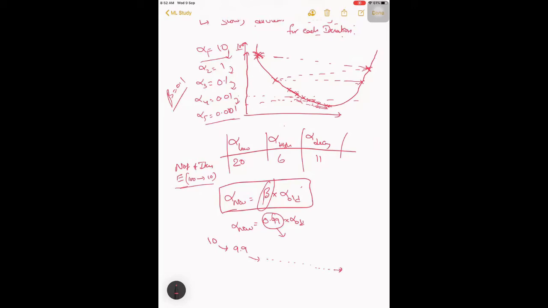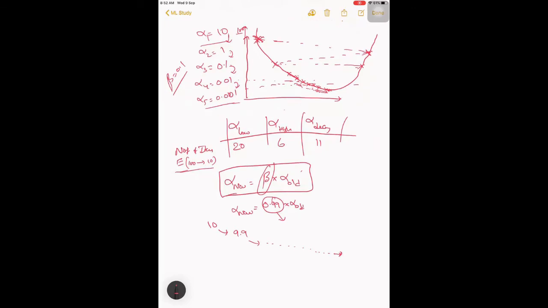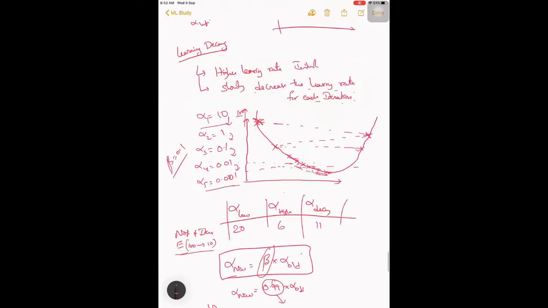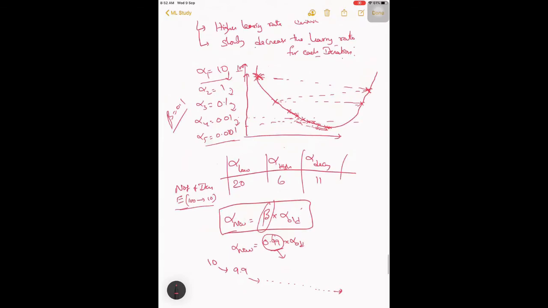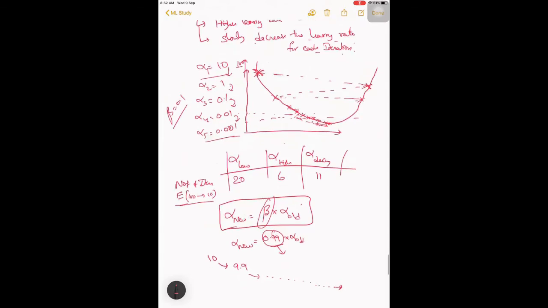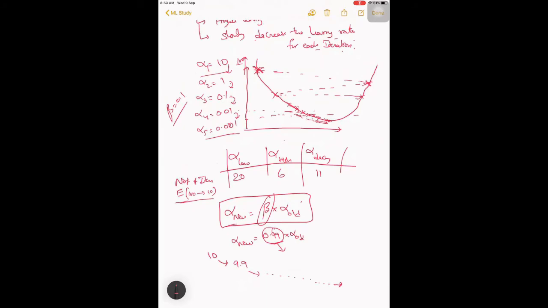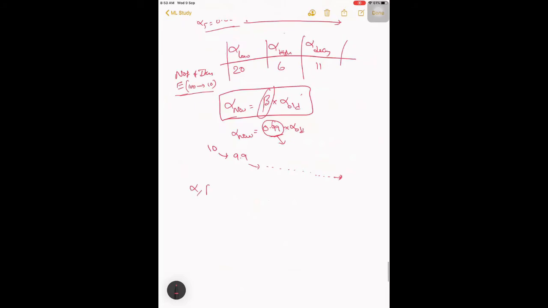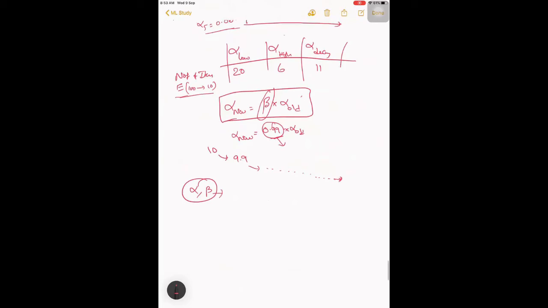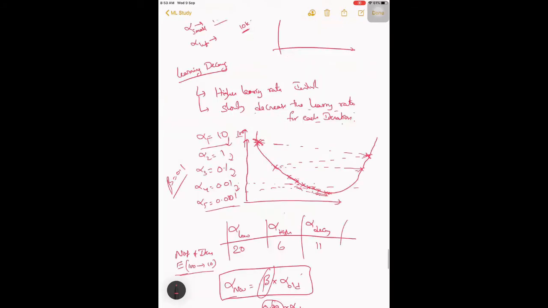Again, the performance of your model depends on this parameter you set. Till now we have two different parameters to set, alpha and beta. Let's see if we get some more in future. So this is about learning rate.